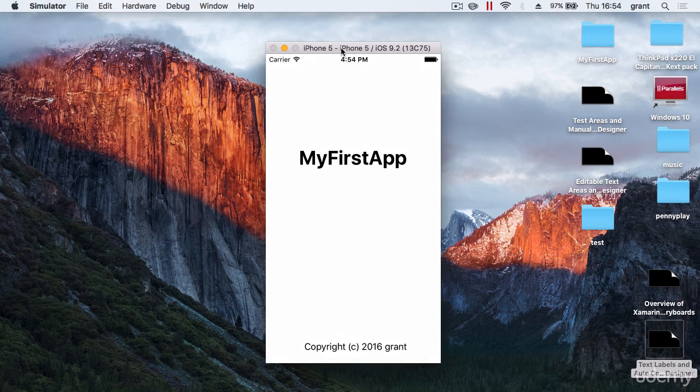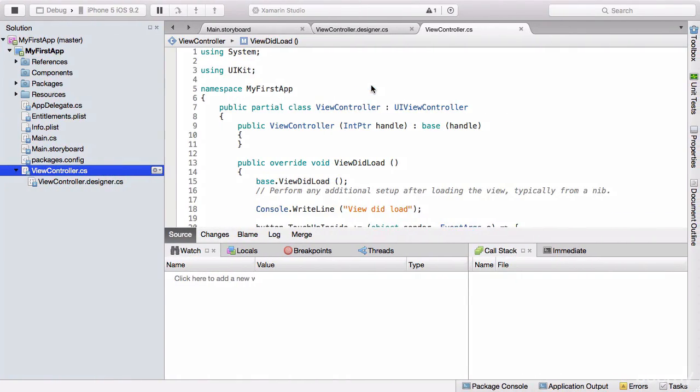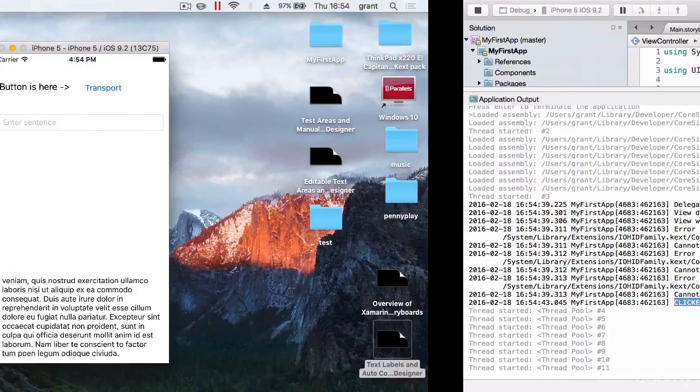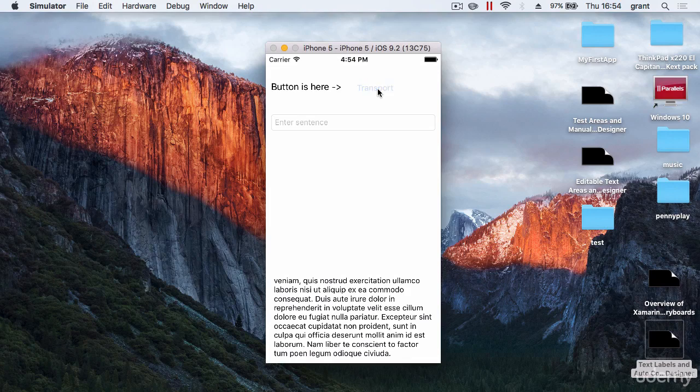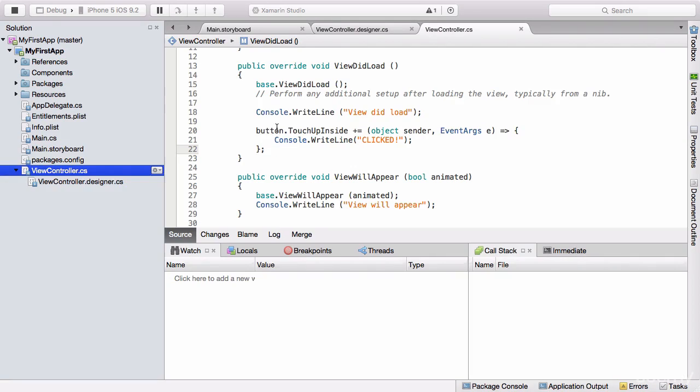So it takes a little longer to build than Xcode does, but that's okay. So now let's hit transport, pop over to Xamarin, open our app output, and we have clicked written there. And of course that happens once each time I click it, so now there should be 3. Okay, stop that running